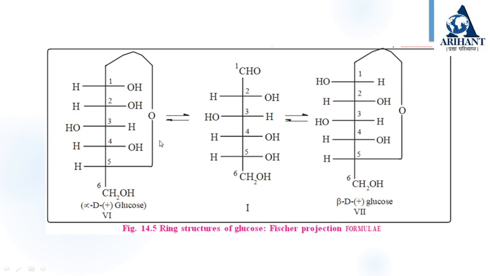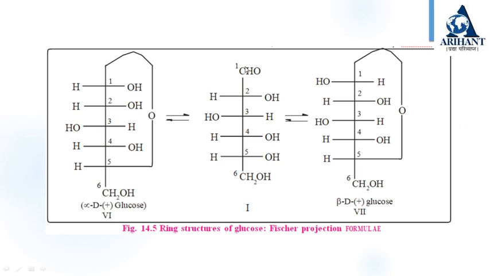Now we will see how to draw the ring structure of glucose. Remember one trick: consider this is CHO, that is the aldehyde group, so C double bond O and H. The double bond O may be on the left side or right hand side. If it is on the right hand side, you will get the alpha structure. If it is on the left hand side, you will get the beta structure. Okay, so what will happen? This is the aldehyde group, C double bond O, H.